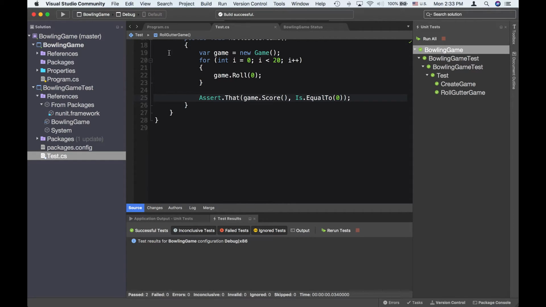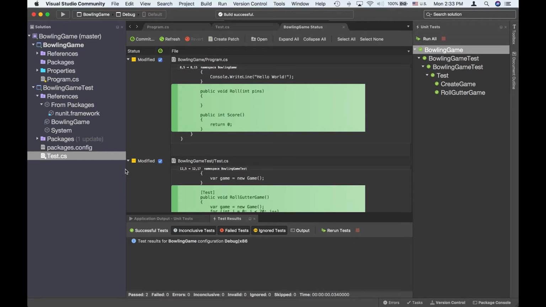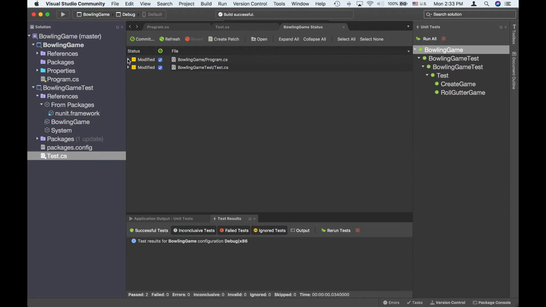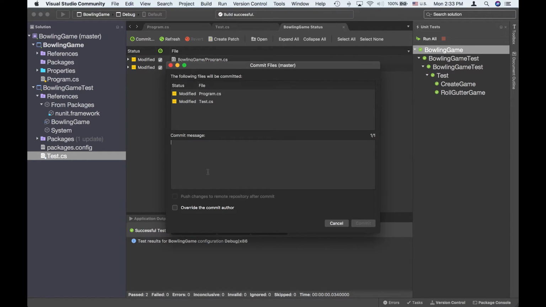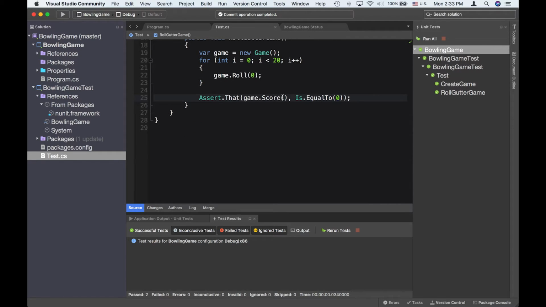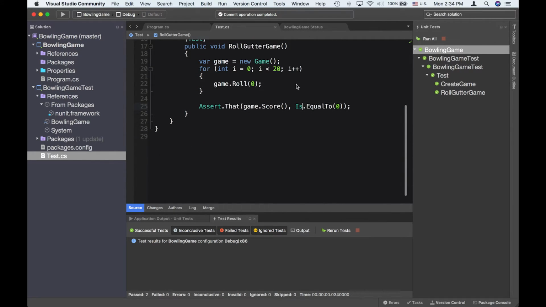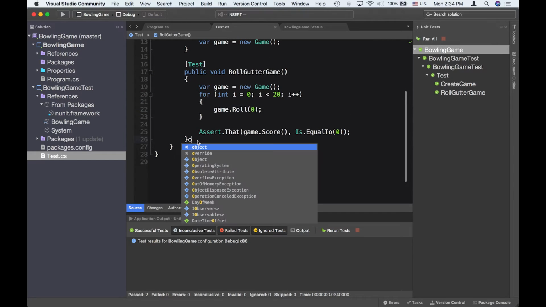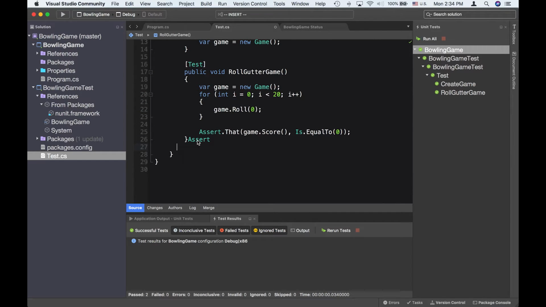So over here we are going to commit both of this: add in Roll and Score method. Okay, so obviously this passes, but it doesn't really work because we have got another test to go. So the next one will be